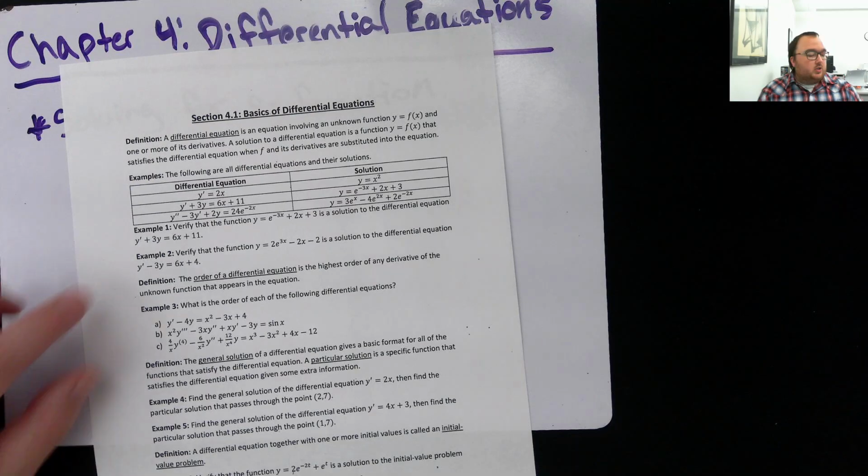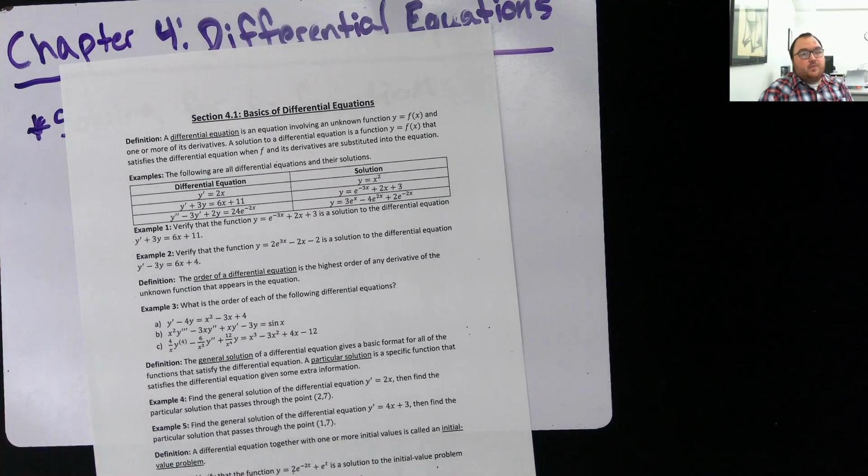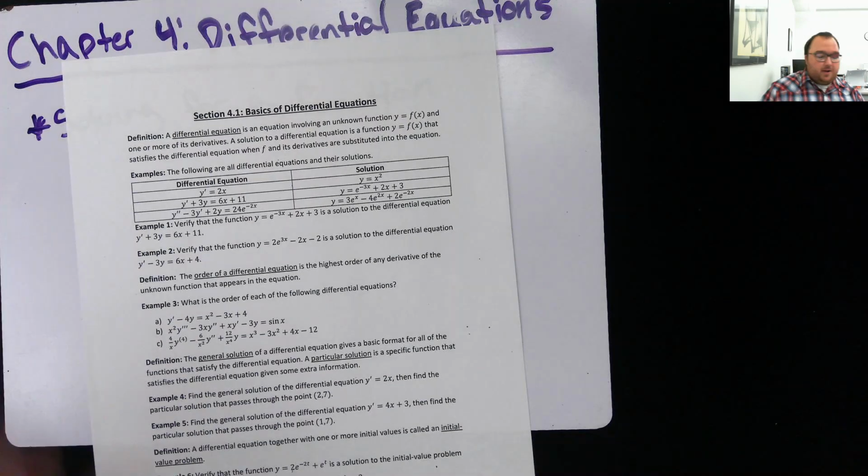So first things first, example number 1: verify that the function y equals e to the negative 3x plus 2x plus 3 is a solution to the differential equation y prime plus 3y equals 6x plus 11. So the second one, right? Show me that that's true, okay? For example number 1,